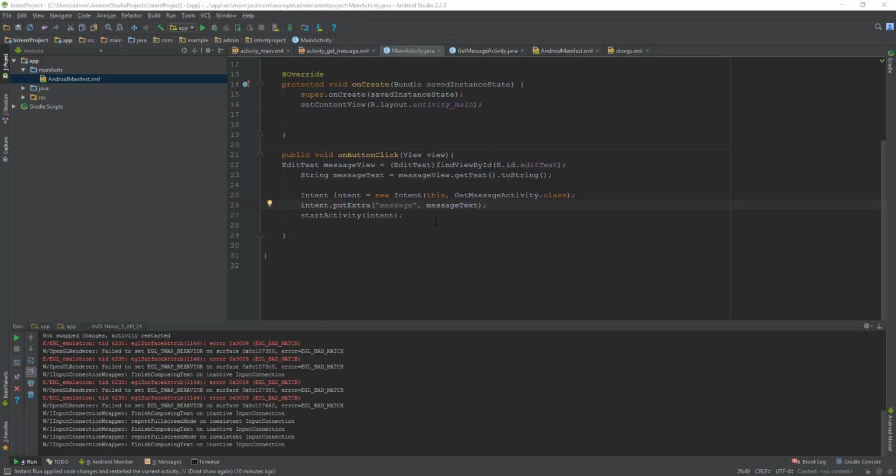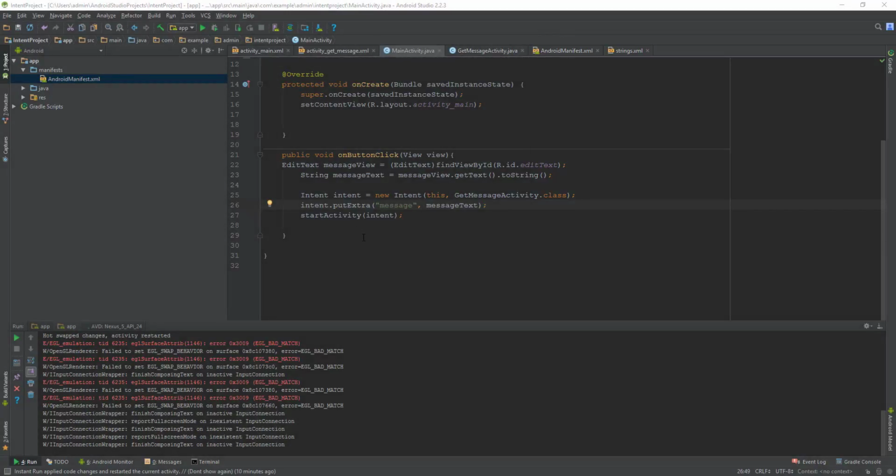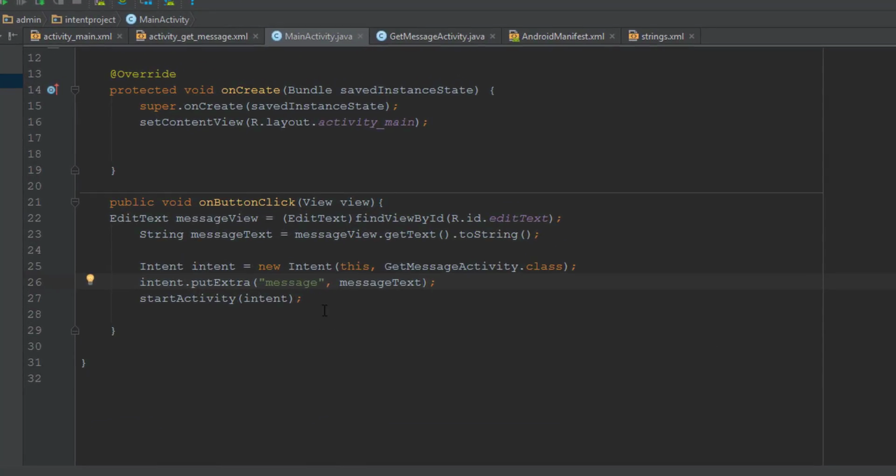In this one we're going to be covering intents in Android. Now this is a continuation of a video I already made where we discussed the basics of intents. If you haven't seen that already, I'll leave an annotation up here on screen. But to get right into it, let's first review some of the things that we did in